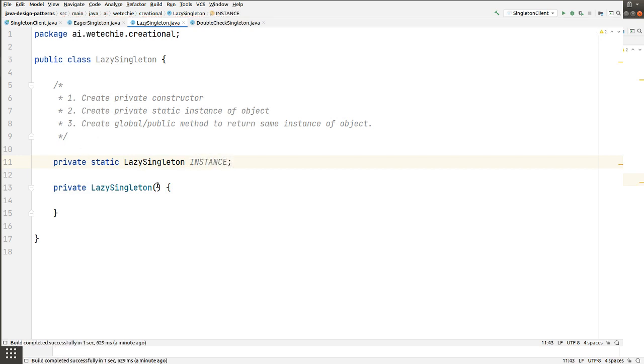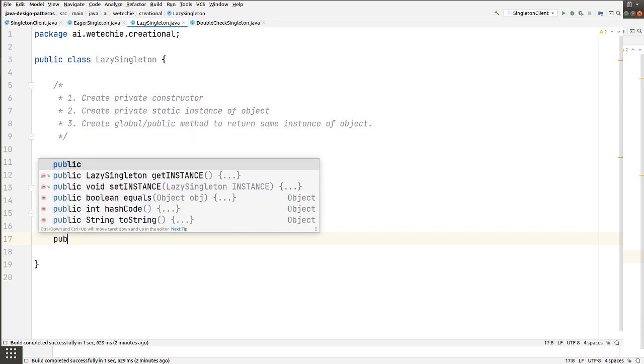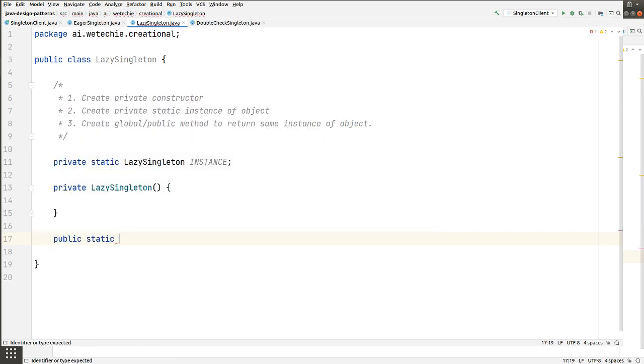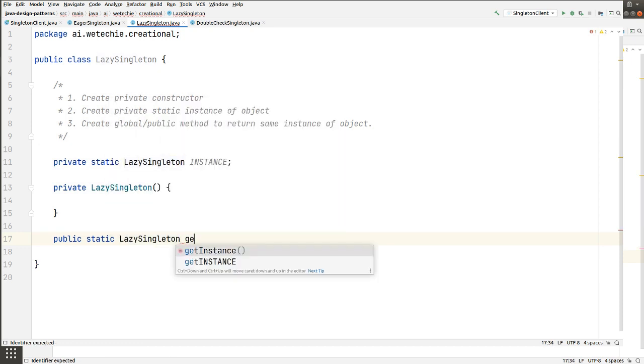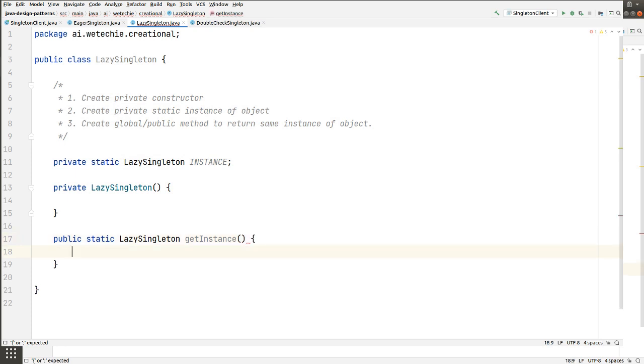But here we have one benefit, one advantage. It won't create any object while loading the class into memory. It will create it when it is required, right? Now the third step is create the public or global method of lazy singleton type. The method name will be the same, getInstance.